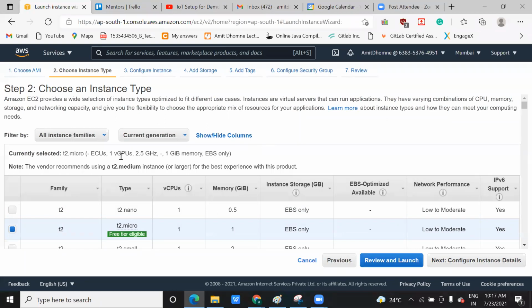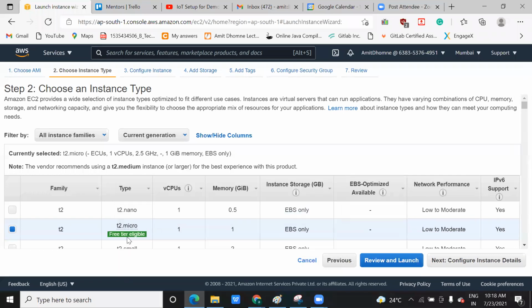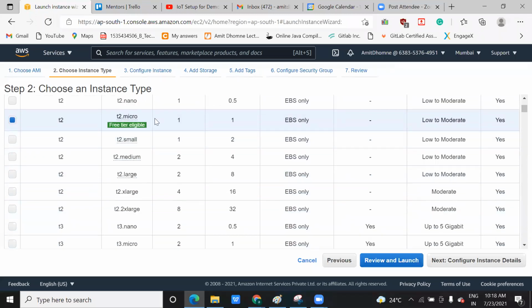Instance type means what kind of CPU you want, what is the speed of that CPU, what is the memory, that you have to decide. So you can see it here, T2 dot micro. It shows that T2 instances provide baseline CPU, a normal CPU configuration, and that is the charges. It's a completely free tier, it is written free tier, but the features you have are this one. You have a CPU of 2.5 gigahertz speed, right? So this is all the thing. That's why we selected a free one, so that you won't be charged anything.